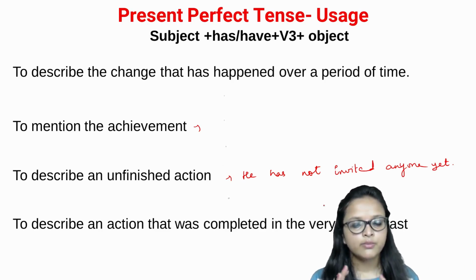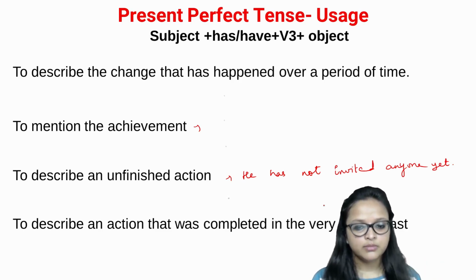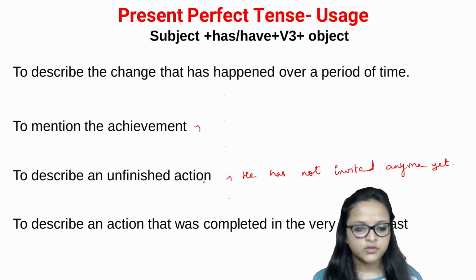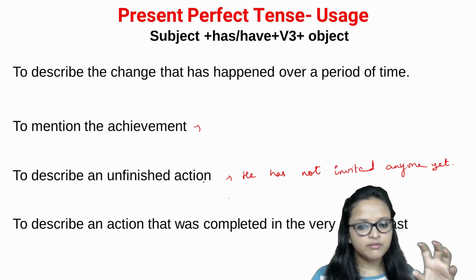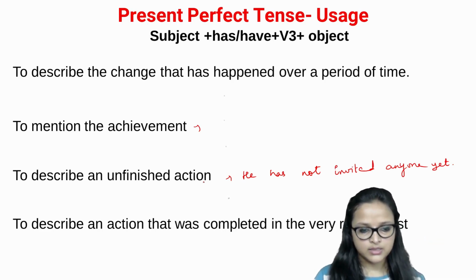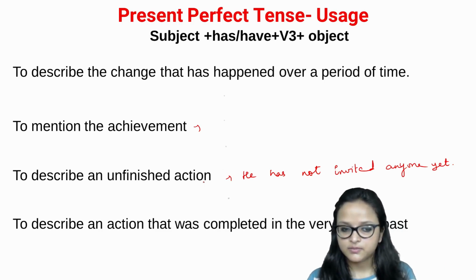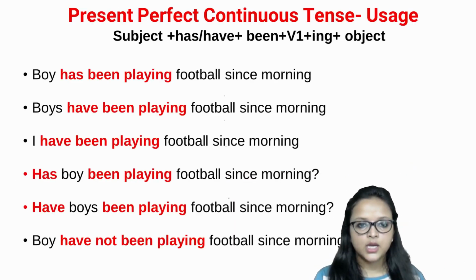So you use present perfect tense in recent times. And then to describe an action that was completed in a very recent past, like I have just finished a video, I have just finished my homework, I have just finished my school. So this happened very recently in past, and to describe this we use present perfect tense. Right? Moving to